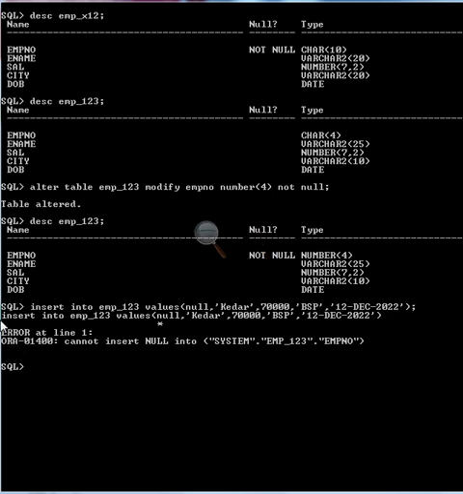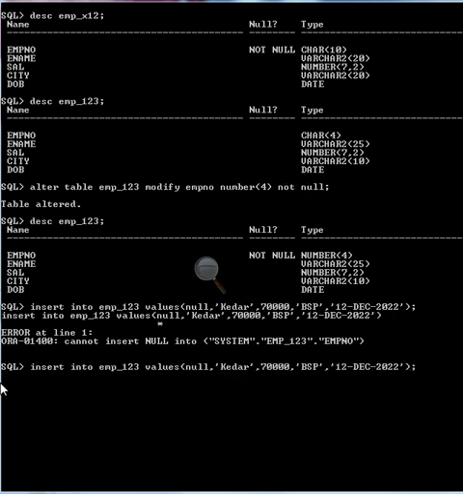Let's try to insert some other value instead of null. Its type is number, so we can insert any number over there. So here try to insert 0402. Okay, one row created successfully.